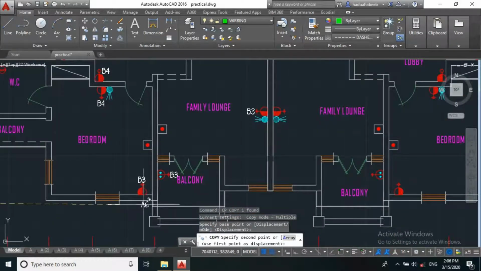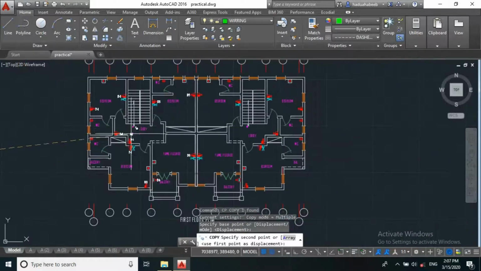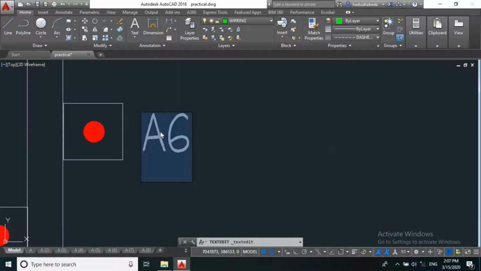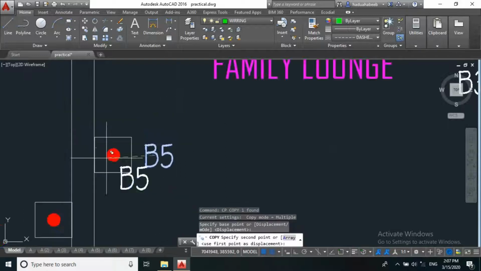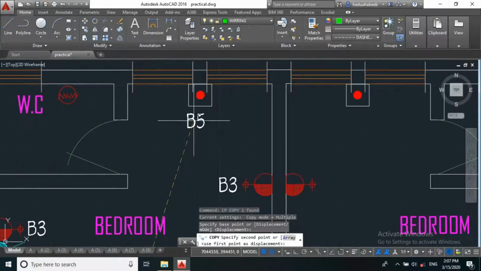Now, first floor, we stopped at B3, right? We could stop at B4. So let's call this B5. So we have our B6 here.